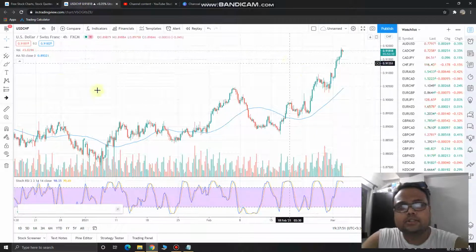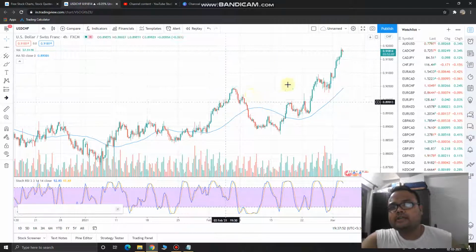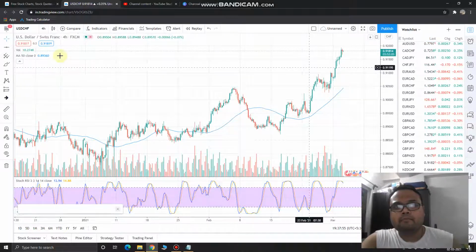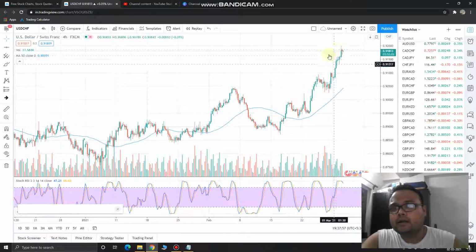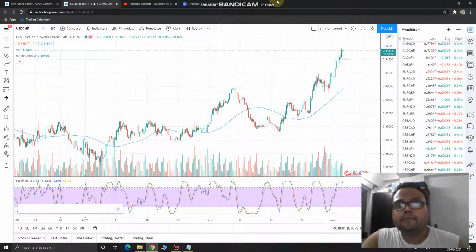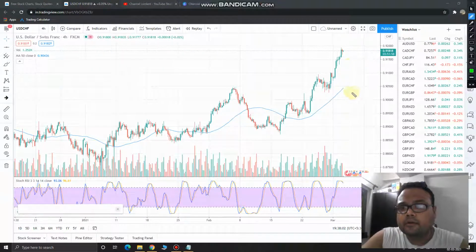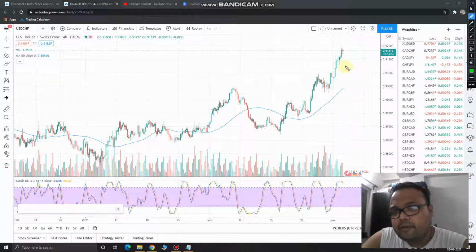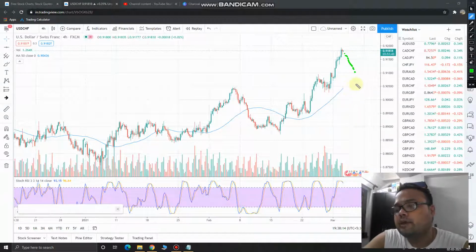This is the Forex chart. In the Forex chart you can also see that market is in a beautiful uptrend and market has made quite a big jump from here. Let me draw. So for today you can do one thing. You can switch to the Forex time frame and just wait for the price to come down and take support at the 50 moving average.